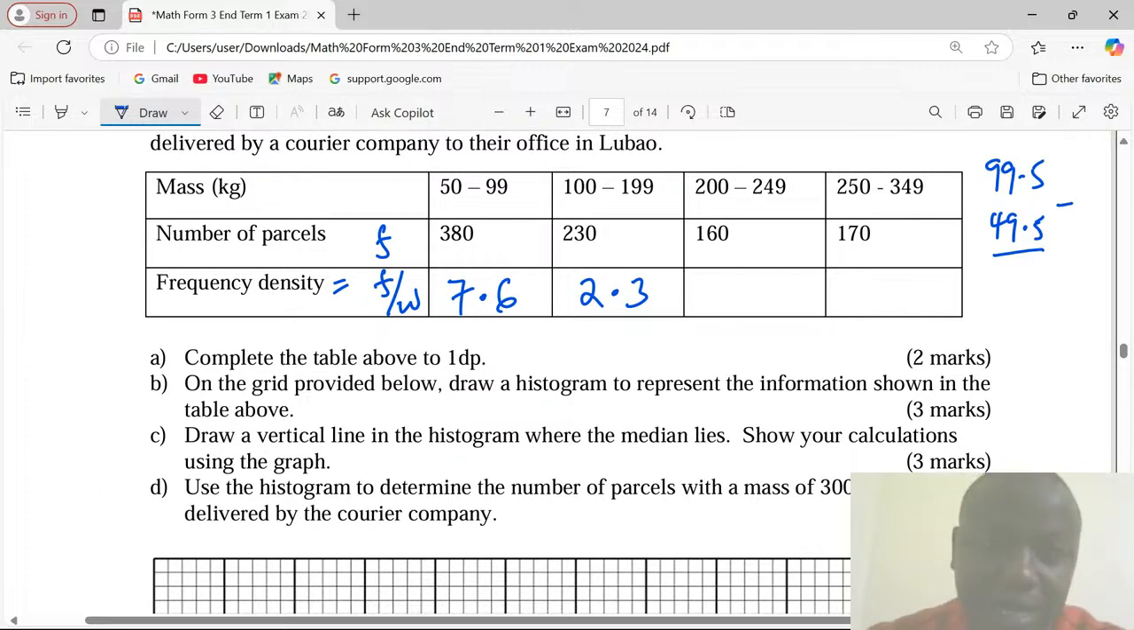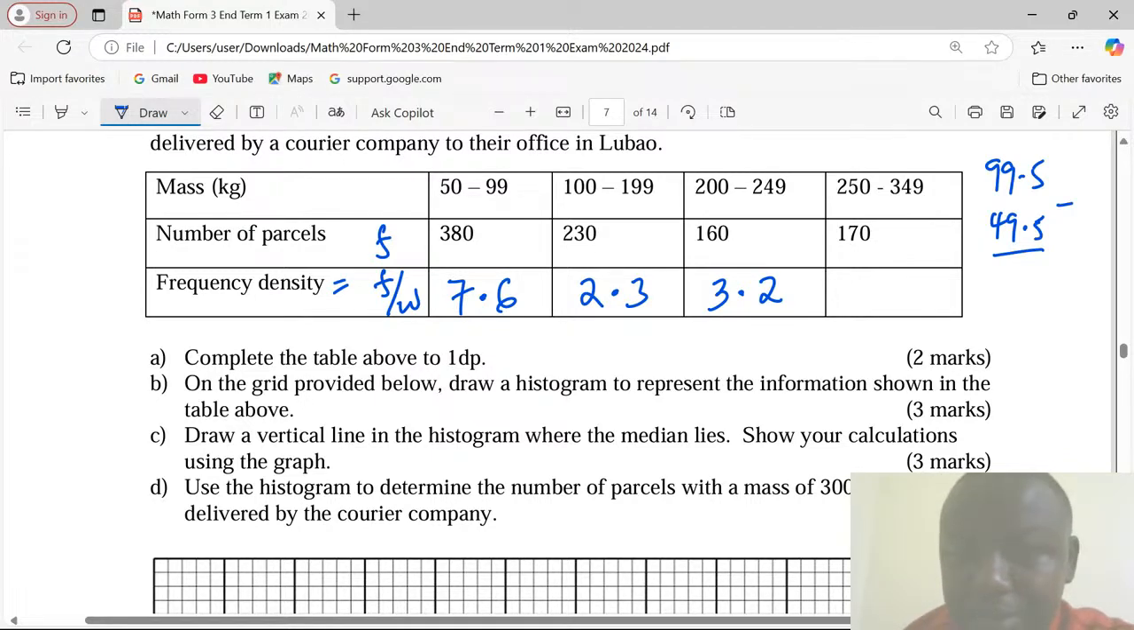So this means 199.5 all the way to 249.5. That is when I use the boundaries. So the limit is going to be 50. So when I divide 160 by 50, I'll be getting 3.2. And finally, I'll be having a